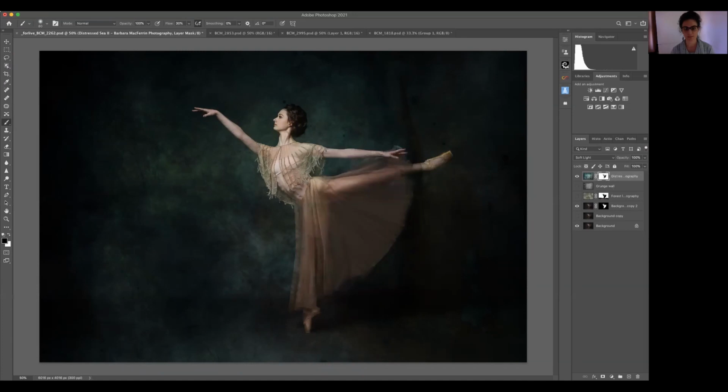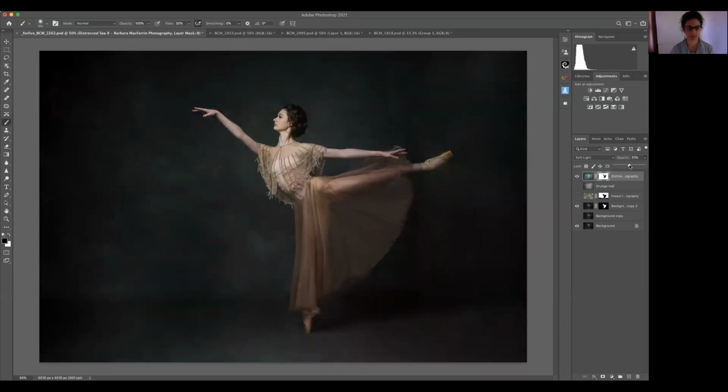You have to zoom in, and it's really hard to do that with precision. So to me, that doesn't look very good. It looks fake. Even if we lower the opacity, it might work, but the best way to take it off